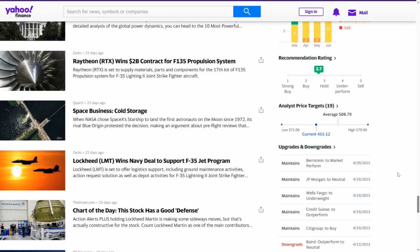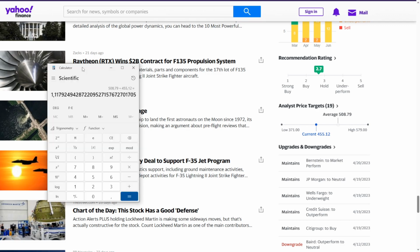Now for this next part, we'll take a look into analysts' expectations. So on Yahoo Finance, we have information for price targets from 19 analysts. The price targets range from the lows of $371 to the highs of $579 per share. On average, they come in at $508.79, and currently Lockheed Martin is trading at $455.12. This suggests that on average analysts expect that in 1 year the stock price should be going up by